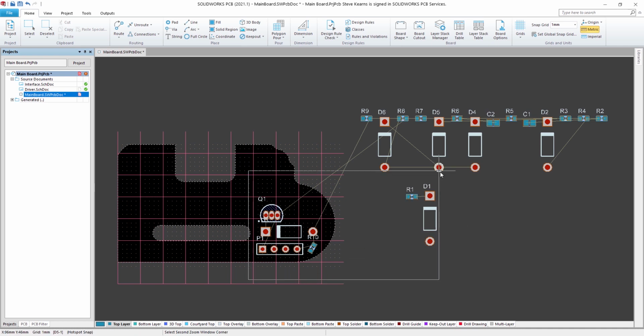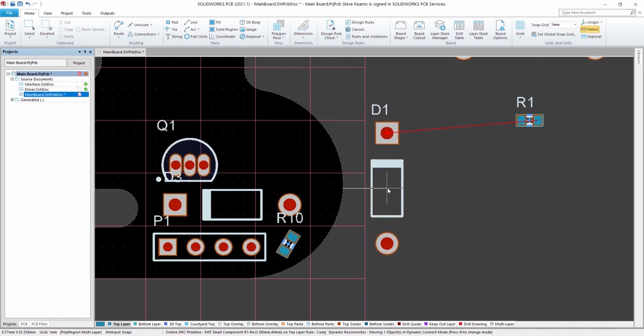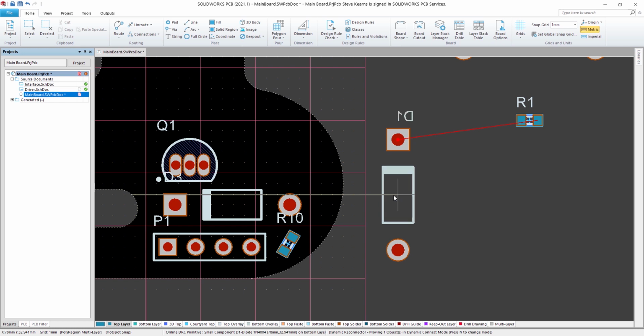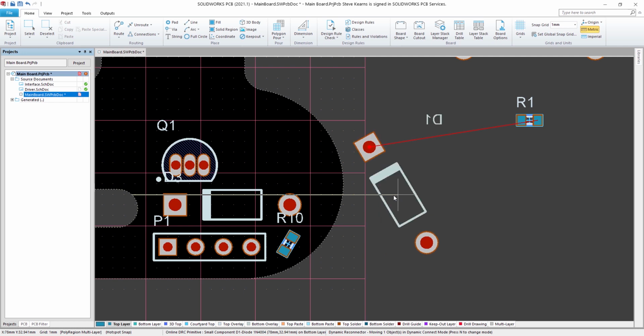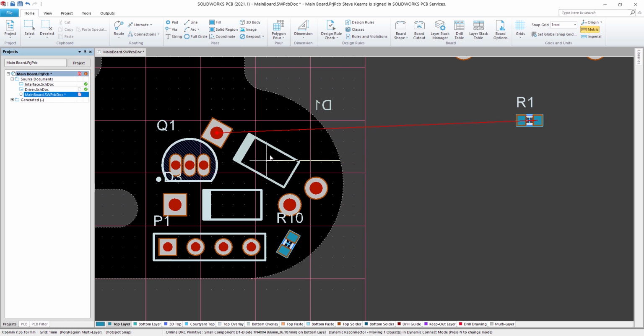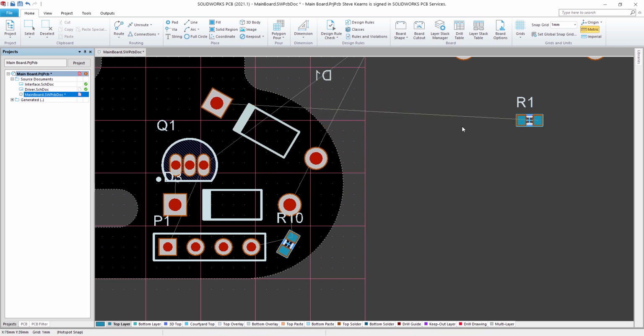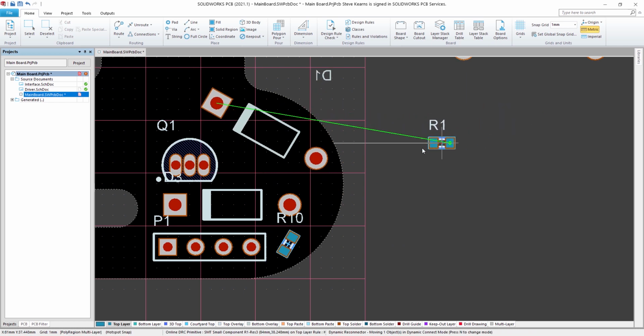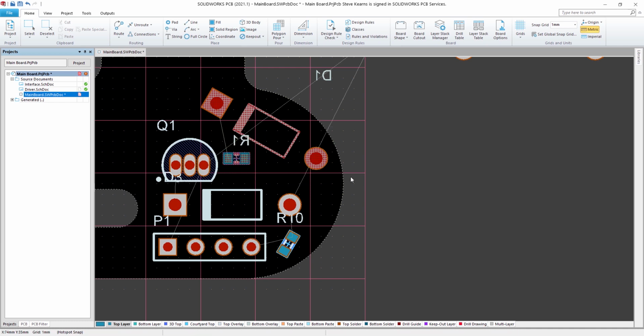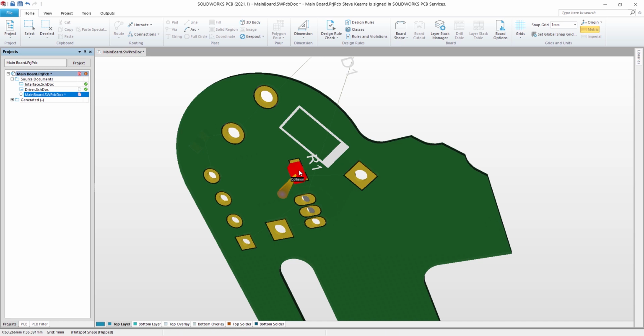D1 and R1 are to be placed on the bottom side of the board. To do this, the L key is used. Note how, unlike the through-hole pads of D1 not changing colour, the surface mount pads on R1 reflect the copper layer colour. Positioning R1 causes a collision, which can be corrected in the 3D view as well as in the 2D view.